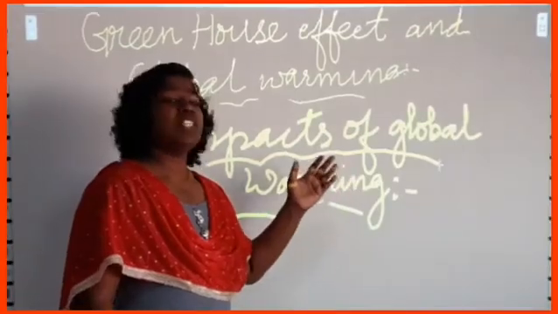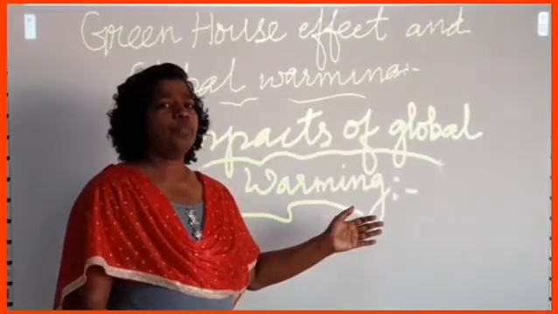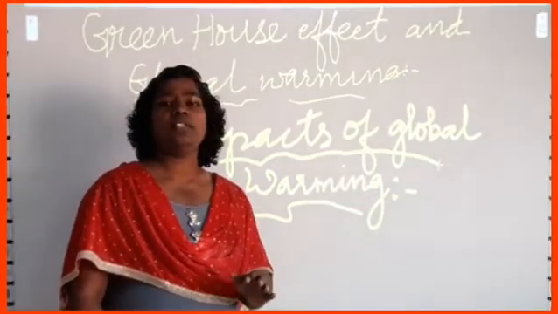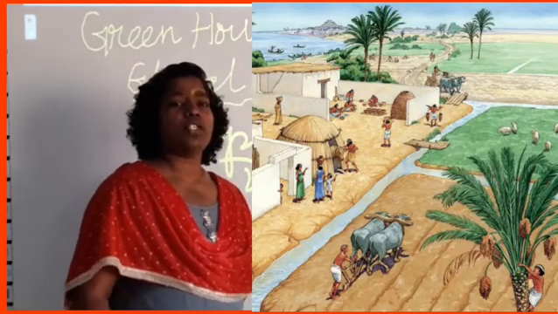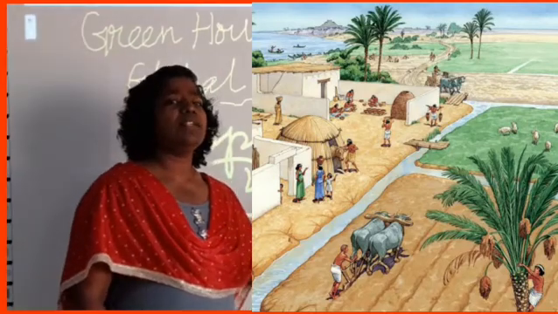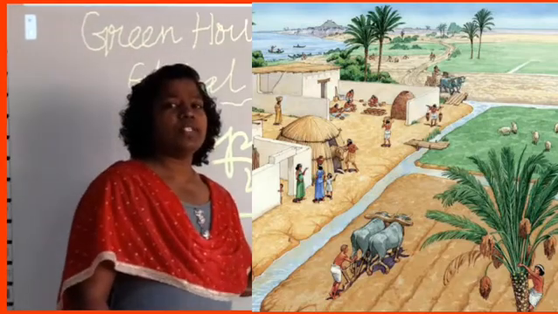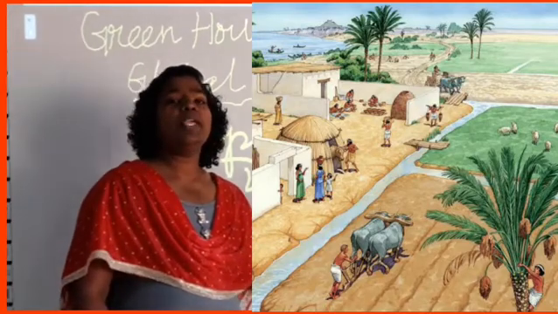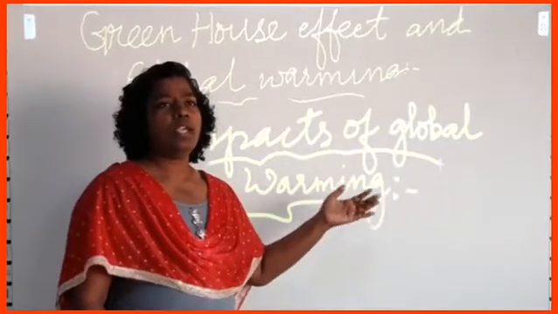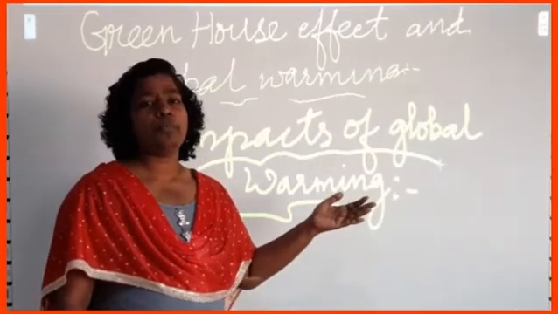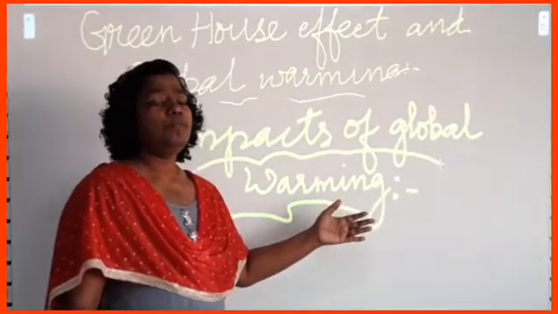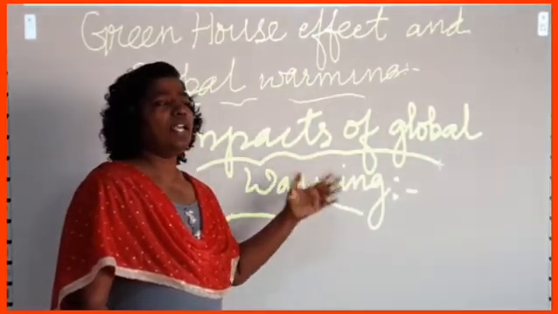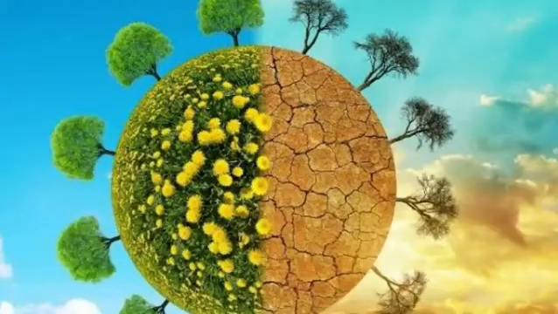There will be a change in food production. Not only that, there is also slow food production, and the yield will be less because of climate change. Why? There won't be proper rain, because all food production, all agricultural events, depend upon the rain. So if the rain is not there, what happens? Automatically there will be a shortage of food.